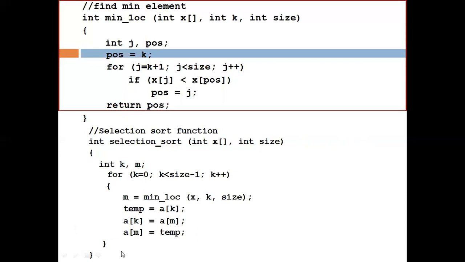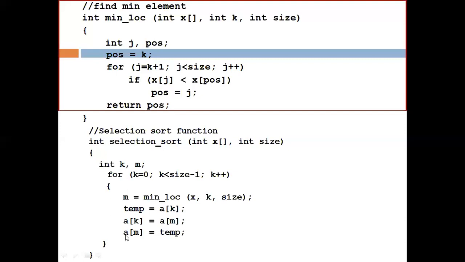So this is the loop. In each iteration of this selection sort, suppose the value of size is 10. So this loop will be executed from 0 to 10 minus 1, that is 0 to 9.